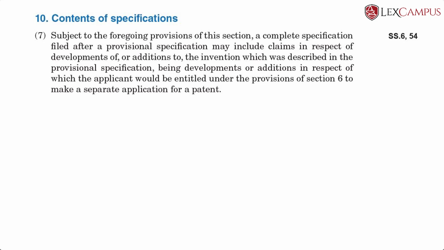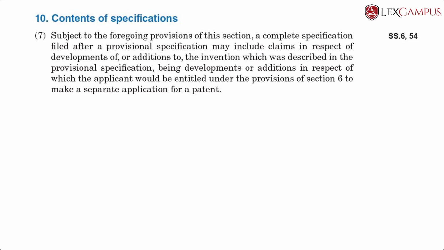If that claim was filed only in the complete and it was not disclosed in the provisional, assuming that there is a description that goes with the claim in the complete, then the date will be that of the complete. To give you a better illustration, if the provisional was filed on January 1st of a particular year, which has a mechanical device, and on June 1st the complete is filed for that invention with the claims,